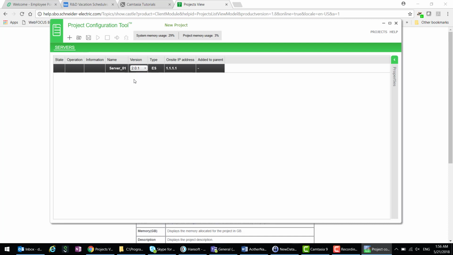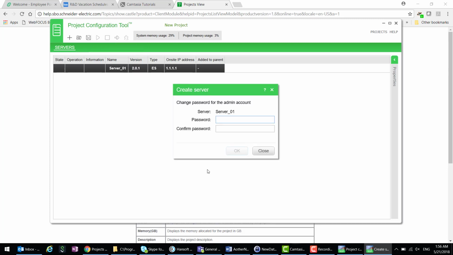Let's leave everything at default for right now. We can come back to things a little bit later and look at some of the other properties. So we select the server and the disk icon to save the server settings and save it. And you're immediately required to enter a strong password for the admin account. So we will enter that, and